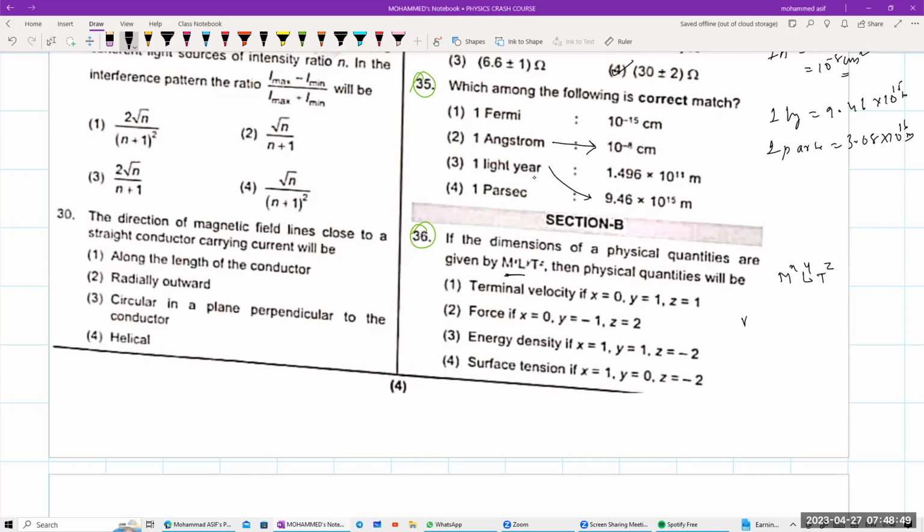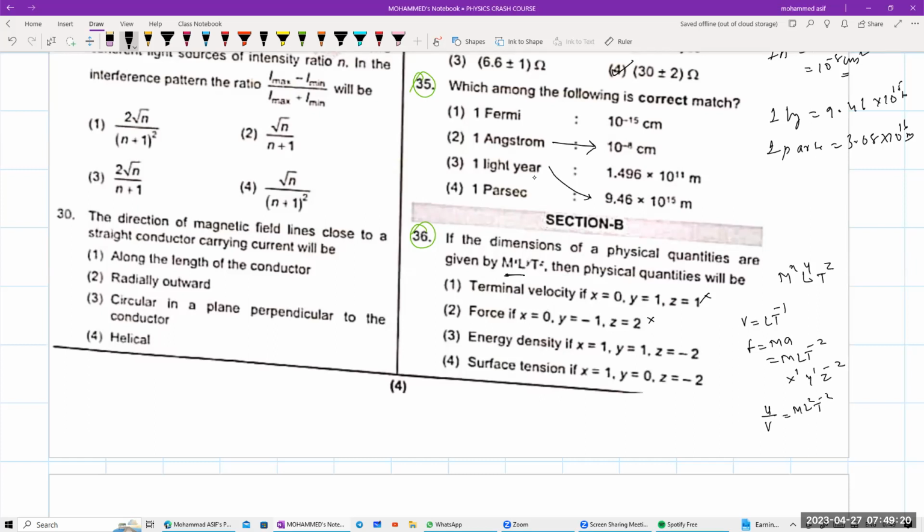चलो टर्मिनल वेलोसिटी बोलिए, पहले वेलोसिटी का फॉर्मूला L T पावर -1 आना चाहिए। तो x के लिए तो 0 है, y की वैल्यू तो 1 ही है, लेकिन z की वैल्यू -1 आना चाहिए, तो टर्मिनल वेलोसिटी नहीं होगा। फोर्स का डायमेंशन, फोर्स इज इक्वल्स टू M इंटू A, सो इट इज M L T पावर -2 आना चाहिए। x की वैल्यू 1, y की वैल्यू भी 1 और z की वैल्यू -2 आना चाहिए, ये भी नहीं होगा।